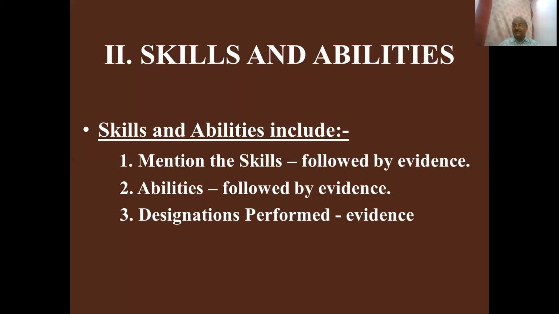So you have to produce your certificate. Abilities followed by evidence. When you write about skills, they are going to be given strength with evidence only. You have to attach the certificate showing that so and so person has got proficiency, has got some skills in these areas. And you have to mention abilities also. When you mention abilities, the abilities should also be supported with proper evidence. Proper evidence here means you have to produce certificates only. Without producing certificates, that ability is not going to be counted for selection.